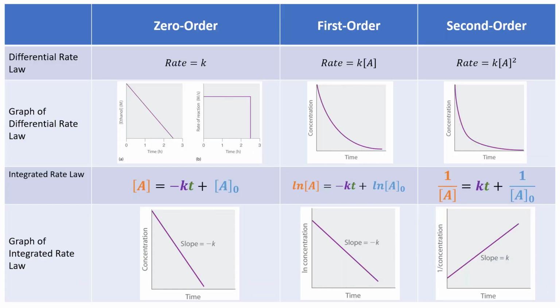By integrating the differential rate laws, you can take those graphs that you see here and turn them into linear graphical plots. How might you say? Well, we want to make it easy and use this y equals mx plus b concept, where your y-axis that you see here, if we graph that versus our x-axis, which is going to be time for all three orders, we can have a nice y equals mx plus b format,